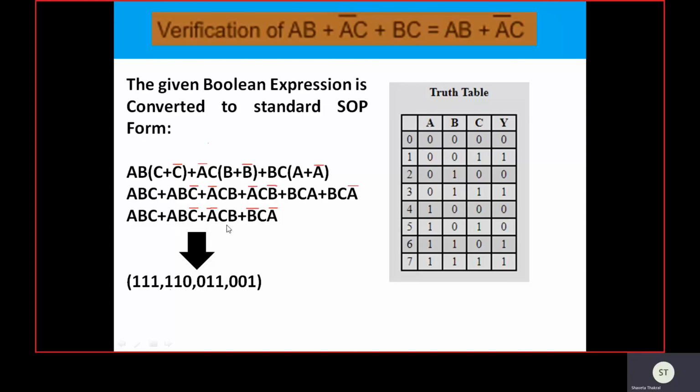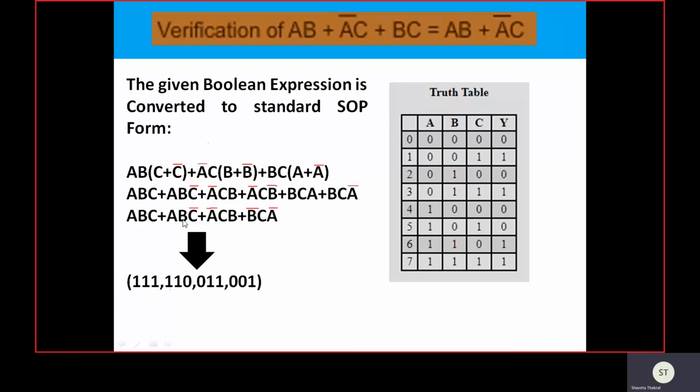How can we convert the standard SOP form to the truth table form? We can write this in terms of binary logic. In the SOP form, if we convert it to binary logic, the true variables are represented by 1 and the complemented variables are represented by 0. Here all the variables are true, so we put 1 1 1.